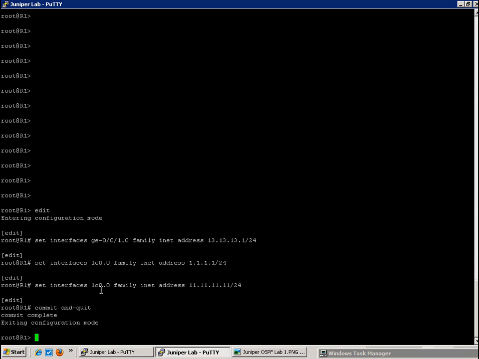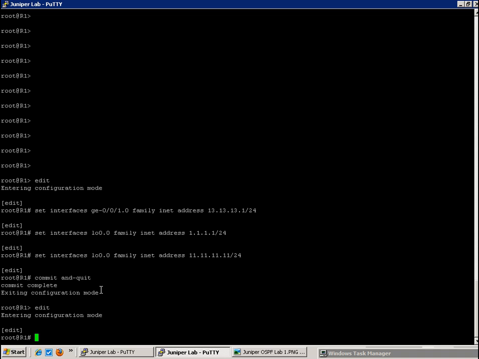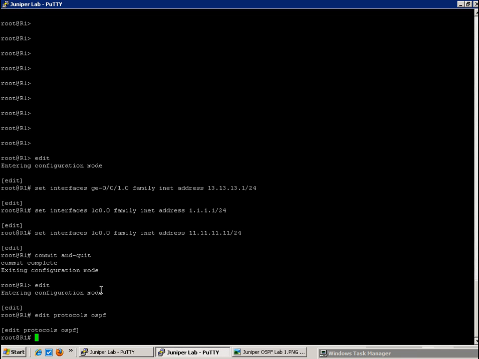So the first thing we're going to do is on R1, the way we're going to configure OSPF is we're going to go under Edit Protocols OSPF and hit Enter, and that's going to take us to the Edit Protocols OSPF hierarchy within configuration mode. What we're going to see with OSPF